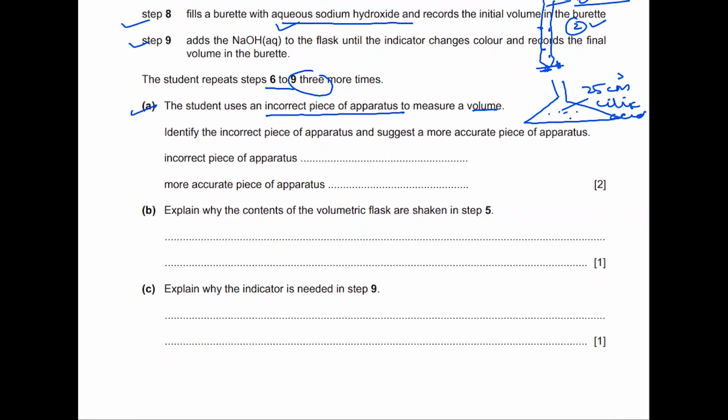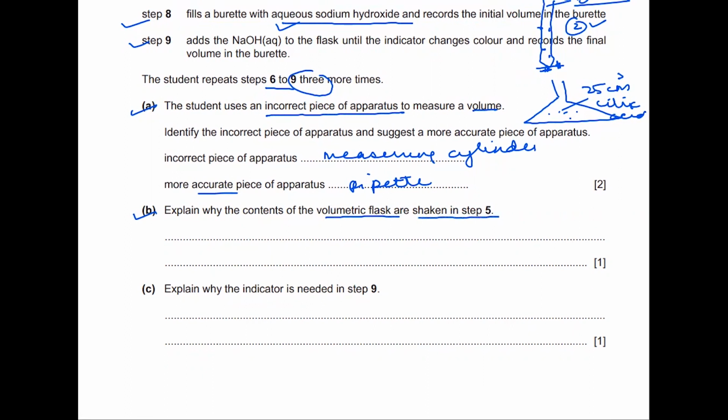So the incorrect piece was basically your measuring cylinder, right? And your accurate piece for the fixed 25 cm cube, we suggest that we will be taking pipette along with the pipette filler, which is a precautionary apparatus or tool, so that the chemical is not sucked into our mouth by mistake. Coming to the part B, explain why the content of the volumetric flask are shaken in